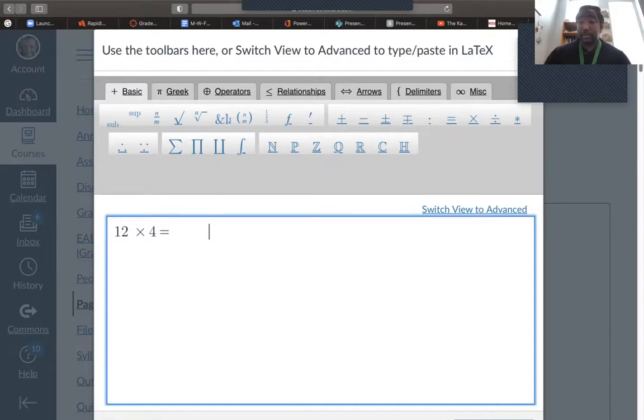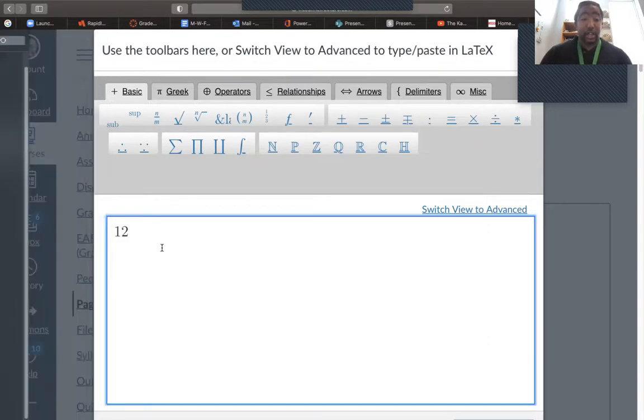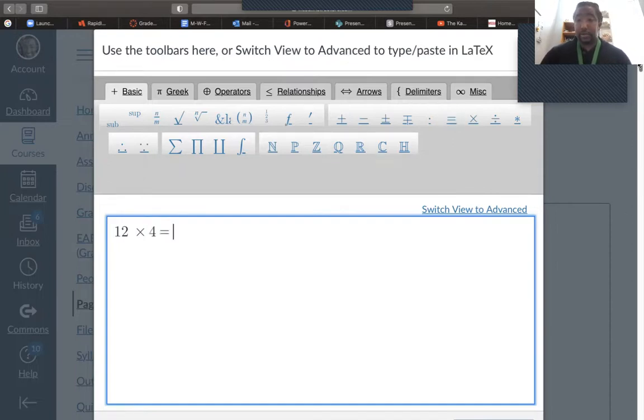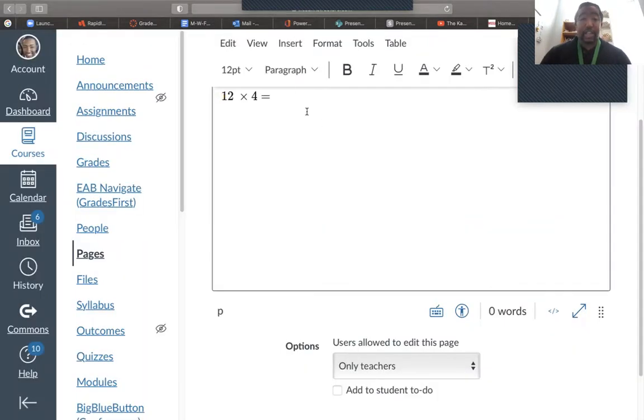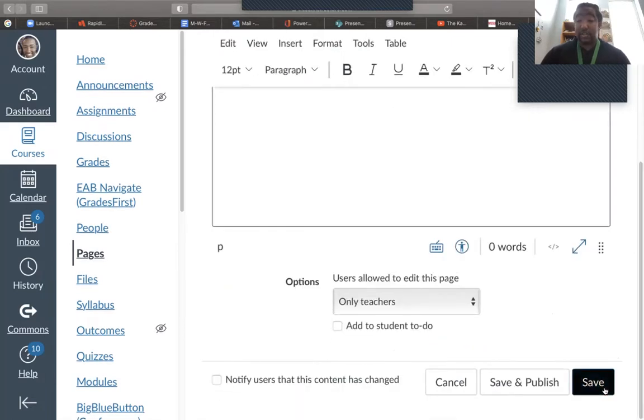There's the first one. When you put that in there, you can insert the equation and they will know they have to solve it. So if you want to do like some remedial stuff or give some basic simple problems, all you have to do is type that in and it will go. So let's go back and do 12 times 4 like we had. Go put our equal sign in. We scroll down, insert equation. The equation is right there. And once you hit save,